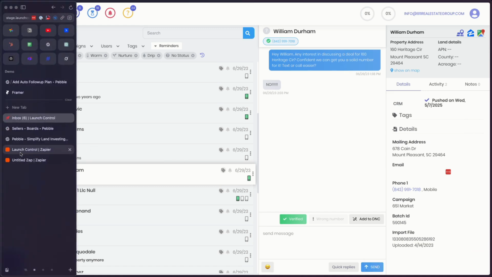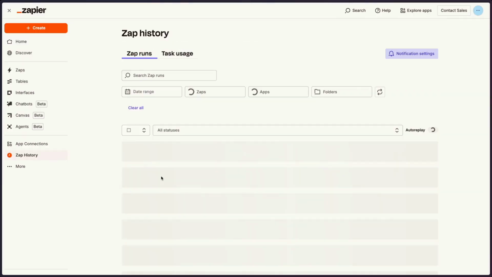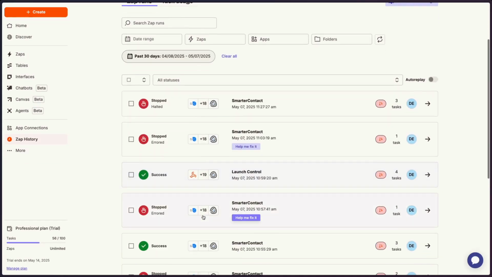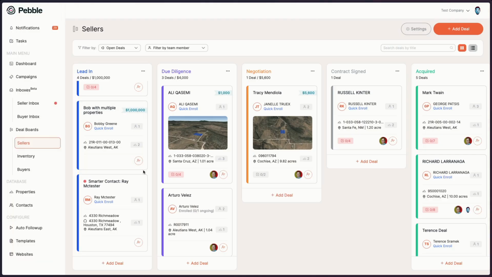Give it a few minutes. You can check your Zapier. I'm just going to go to your histories here. You can always see if it ran and what happened to it. It hasn't happened yet, but you would typically see something like this with a success, and then you will see it created on your deal board here on the bottom. But it can take a few minutes, but that's how you connect Launch Control into